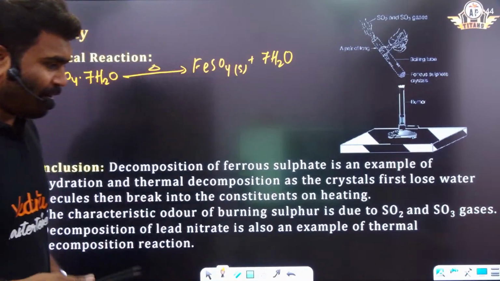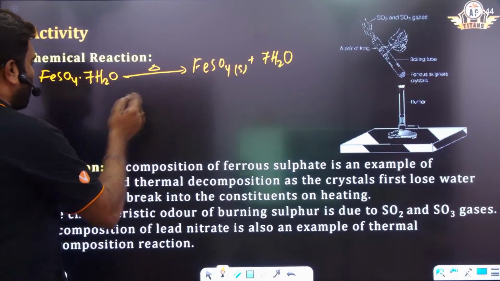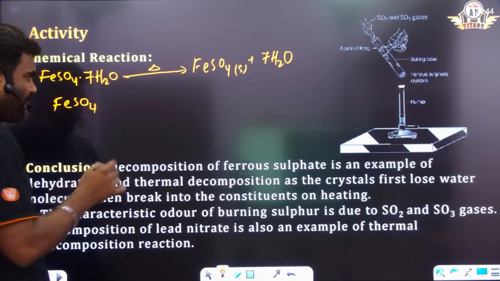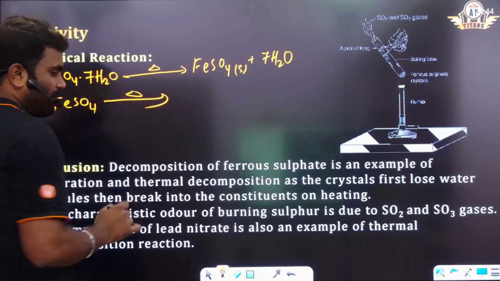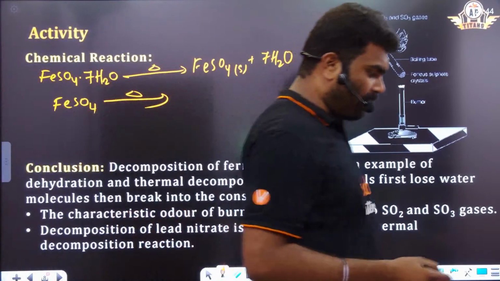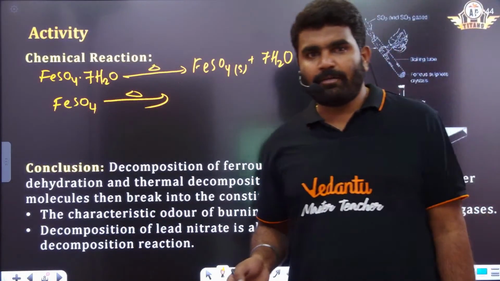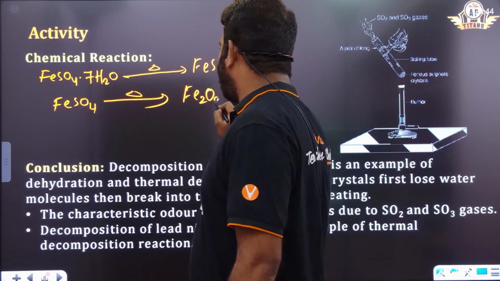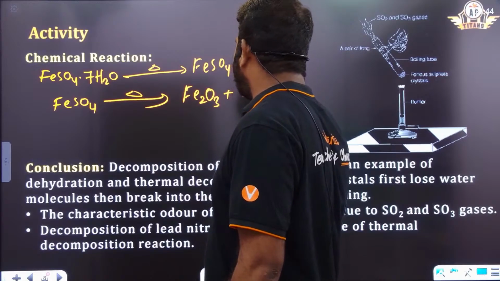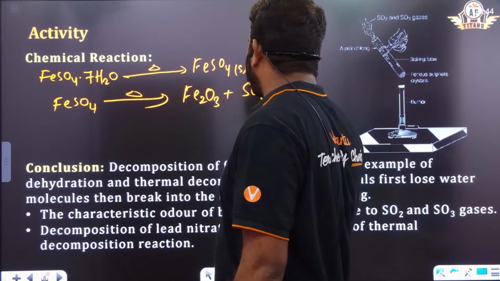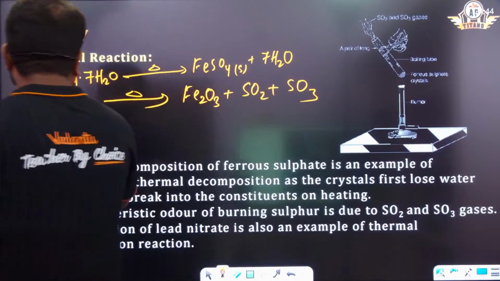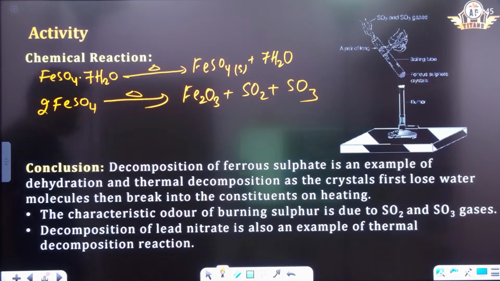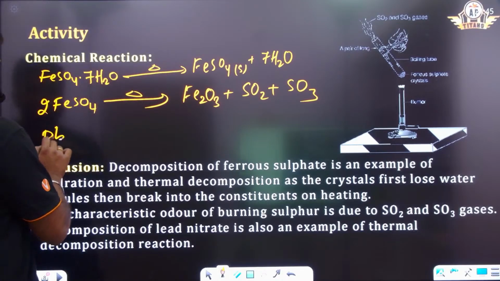Okay, so now what is happening, beta, here? So this FeSO4 is there, no? This FeSO4 on further heating, what is happening, beta, here? It will form iron oxide, sulfur dioxide and sulfur trioxide. Okay, iron oxide, sulfur dioxide and sulfur trioxide will be formed. So this is what, beta, this is a chemical equation. When you go with lead nitrate PbNO3